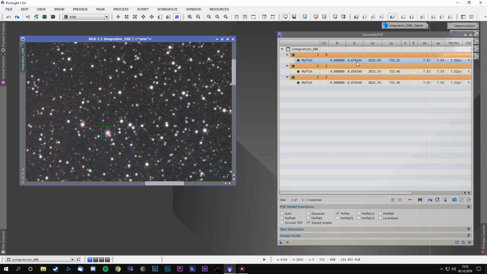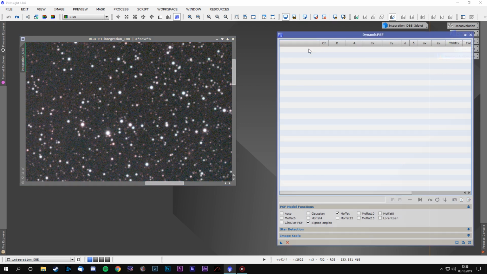I usually choose an amplitude between 0.2 and 0.8. Everything in between those values is fine. Everything below would be a too small star, deconvoluting the background too much. And everything above this value would not give us any benefit because the star would be saturated, with no extra information in the center of the star itself. So this is too much. 0.87, too much for my liking. Let's delete this one. And now we can pan around and